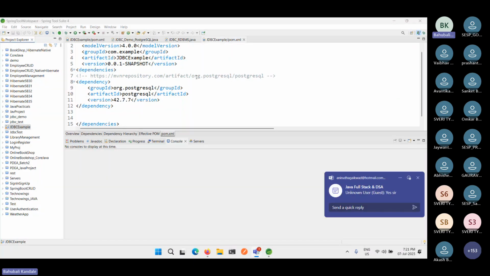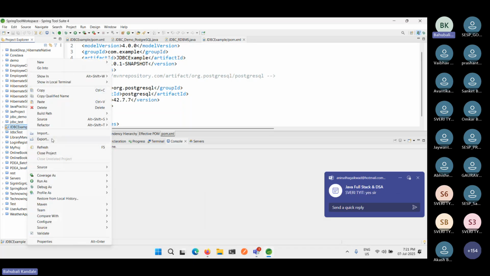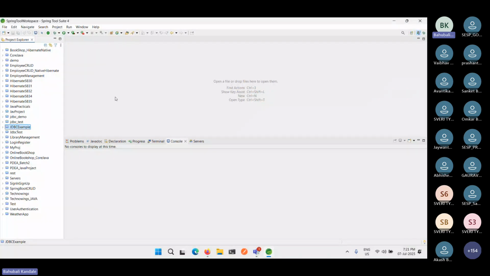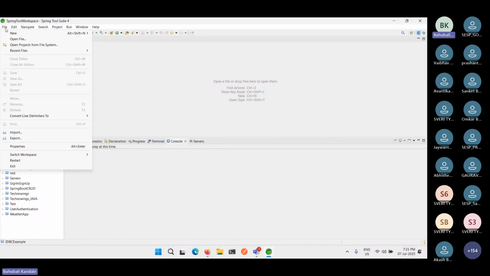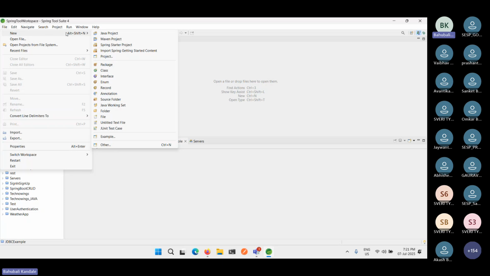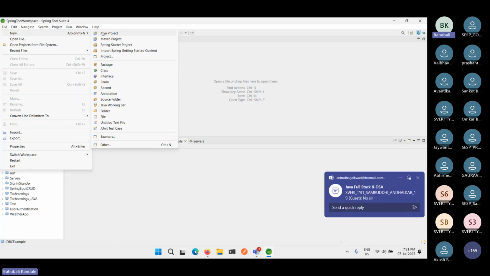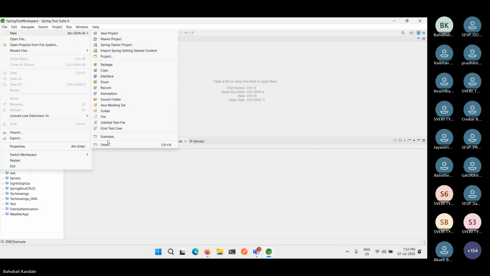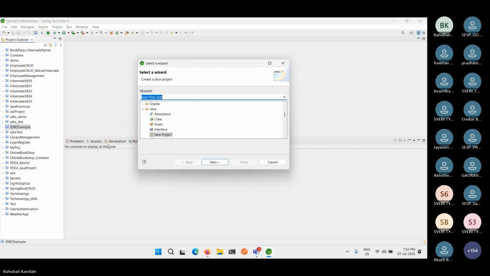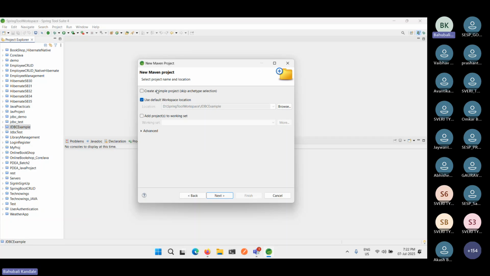Okay, I'm going to create a new Maven project. So let's close all the projects which are not required. Now go to File, go to New. It's the Eclipse IDE. Go to File, go to New, and after that the Maven project. If Maven project is not located here, then click Other. Right here, Maven, Maven project is there. Click Next. Select create a simple project. Next,